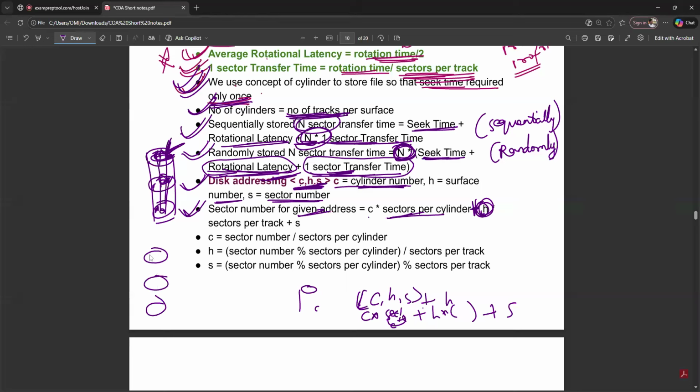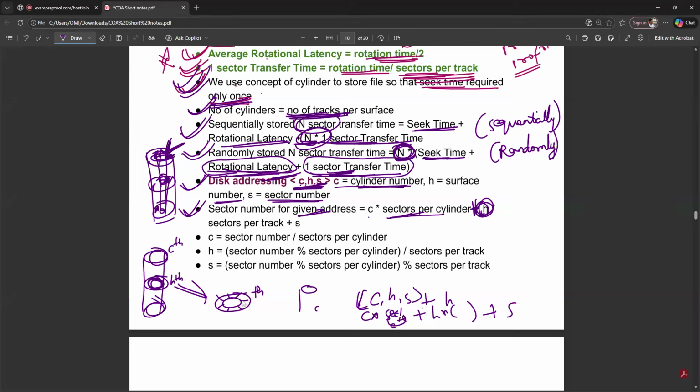If let's say this is the sixth cylinder, and now let's say this is the eighth surface, right? So this one surface you have covered across. So H into sectors per track plus, on this eighth surface,